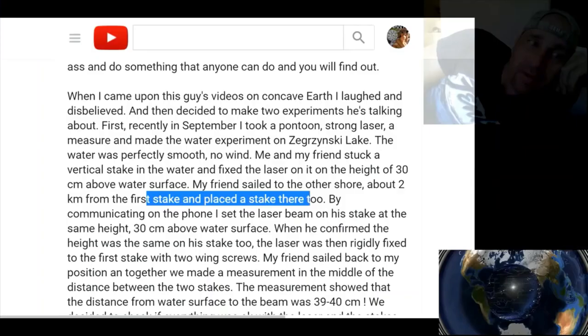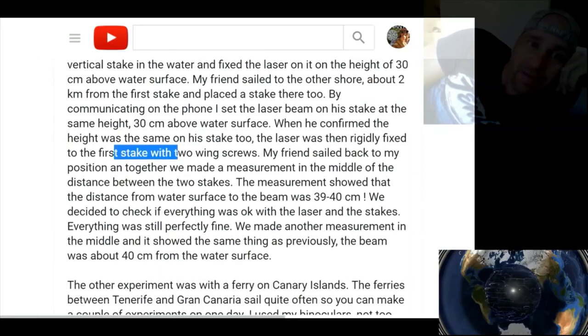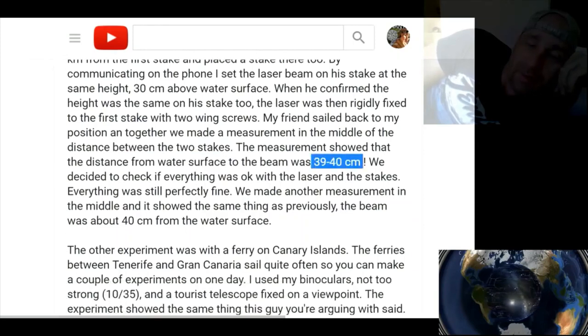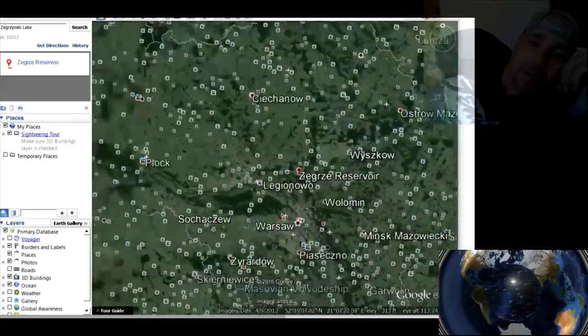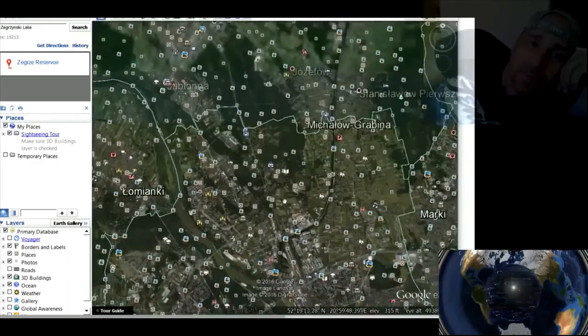No. You go and you learn how the laser test was done in Lake Zebrzydowskie, I believe, in Poland. You have the height of the lasers on both sides of the lake, or at the ends of the lake, being equal. And then you go out with your boat in the middle, and that's where you take the measurement, in the middle. I can't find it right now. But that's what you need to do.